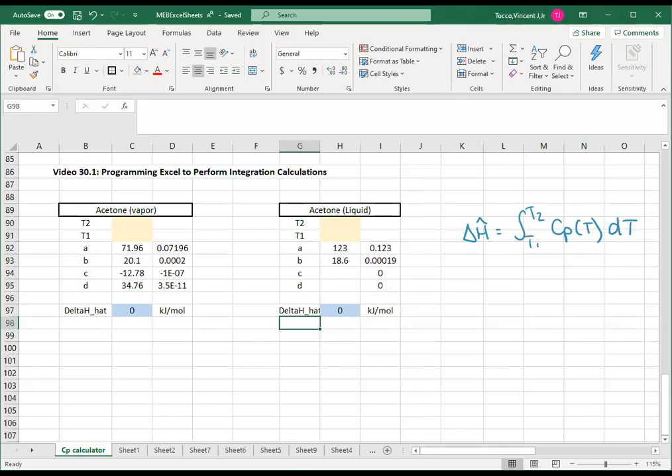By now, you all know that I love to use Microsoft Excel. In this class, I'm going to show you another very useful tip that you can use Microsoft Excel to greatly simplify your life. Specifically, I'm talking about integrating the heat capacity in order to find what the change in specific enthalpy is. So in class a couple times ago, I said that the formula that you use to figure out